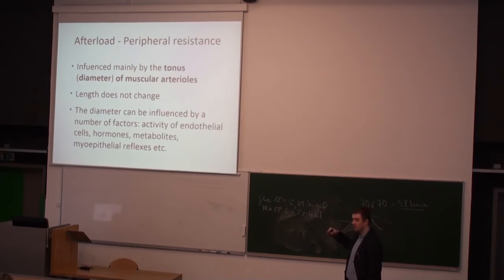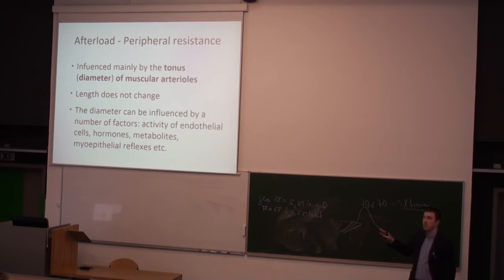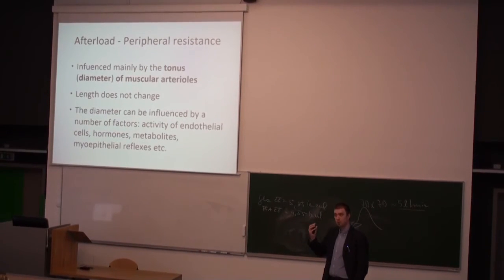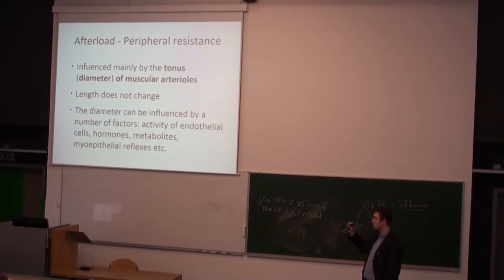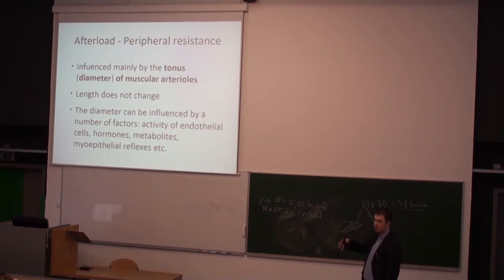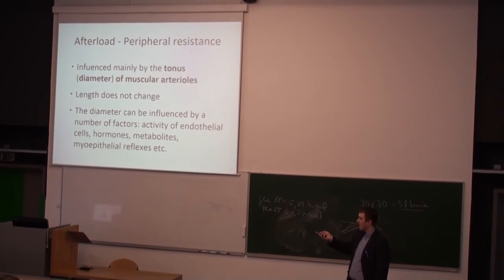Here you have many factors that modulate it. Here you can mention, for example, angiotensin type 2. Here you can mention adrenaline, noradrenaline, and other things. Today we will focus only on two groups, and those are the group of endothelial cells and the group of metabolites. Yes, the adrenaline and the others, please review at home, or you should do them with the physiologist.